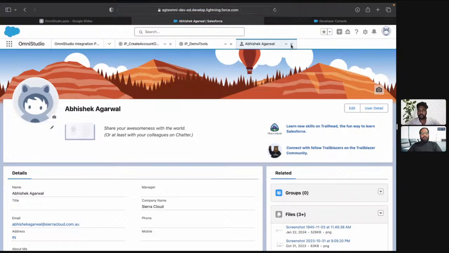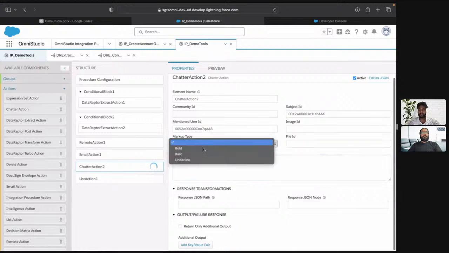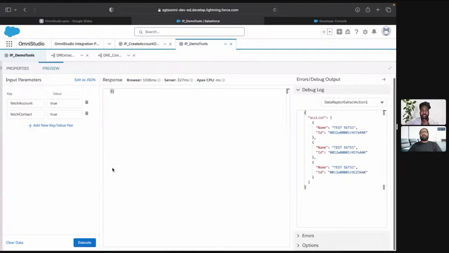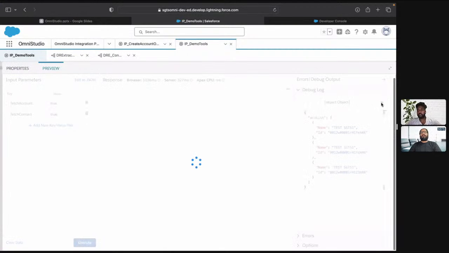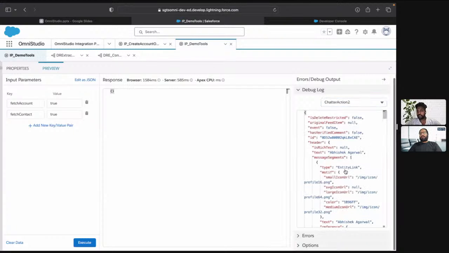Copy my user ID, and let's say into the text I'm gonna say hey, and I'm gonna select the markup type as bold. Let's say, and I'll go to preview and click execute. And if I go to the chatter action,